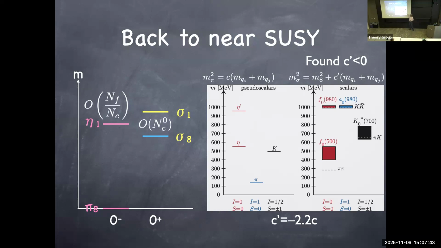What comes down most is the state with the strange quark involved. What doesn't come down very much are the states that have the light quarks involved, and that's exactly the spectrum you get. So as I admitted already, I didn't expect this to work out so well, but as a bonus, it seems to work that well. So that's another evidence that the near-SUSY limit and non-SUSY limit seem to be continuously connected.